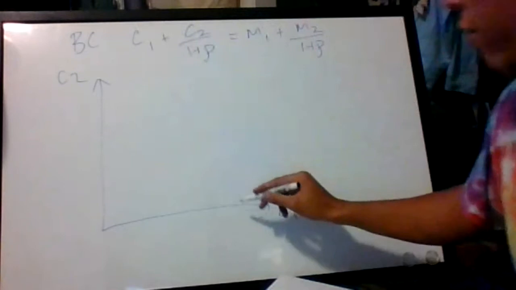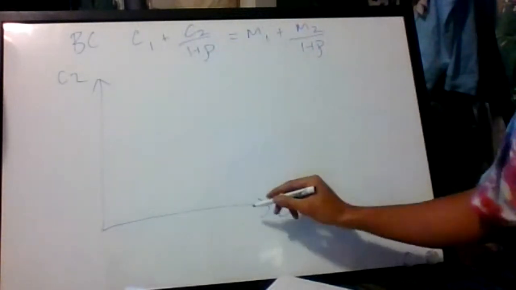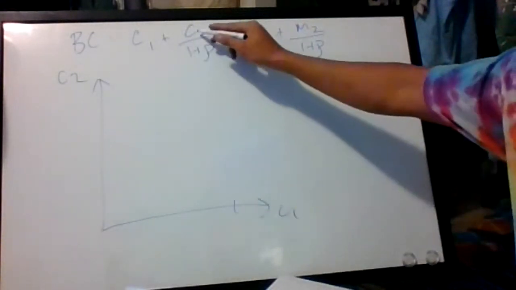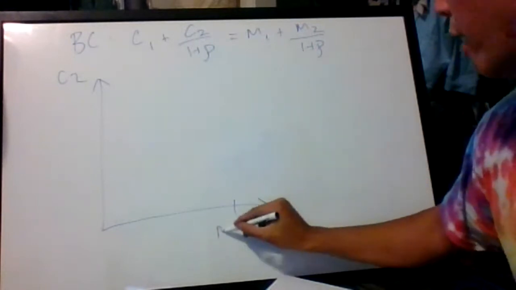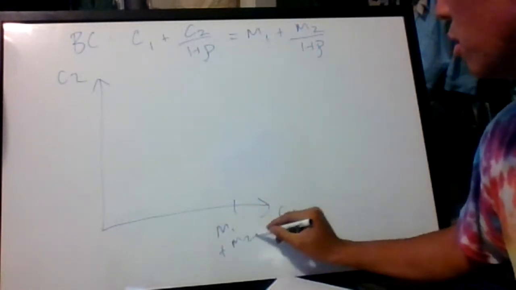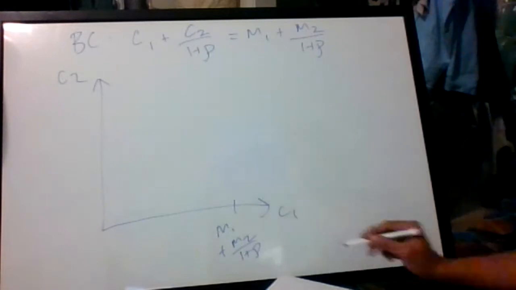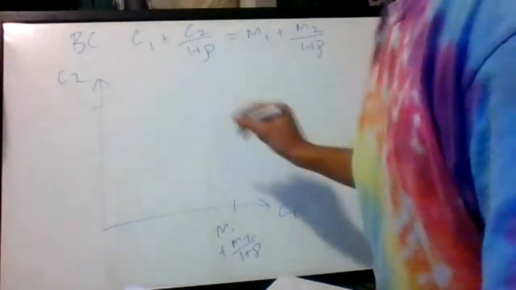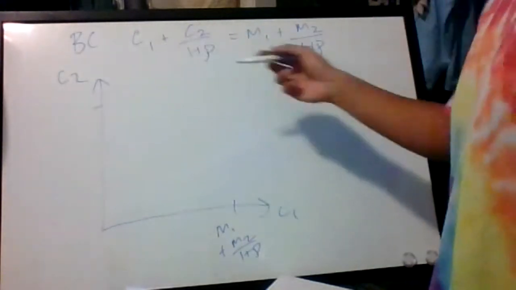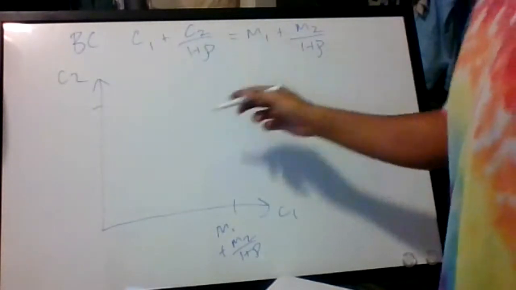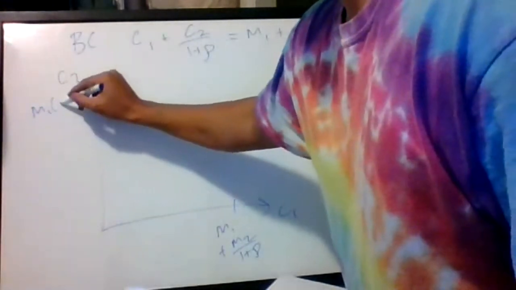So if you want to find the C1 intercept, C1 when C2 is equal to 0 is just going to be M1 plus M2 over 1 plus rho. And same thing for C2, you set C1 equal to 0, and you get that C2 is equal to M1 times 1 plus rho